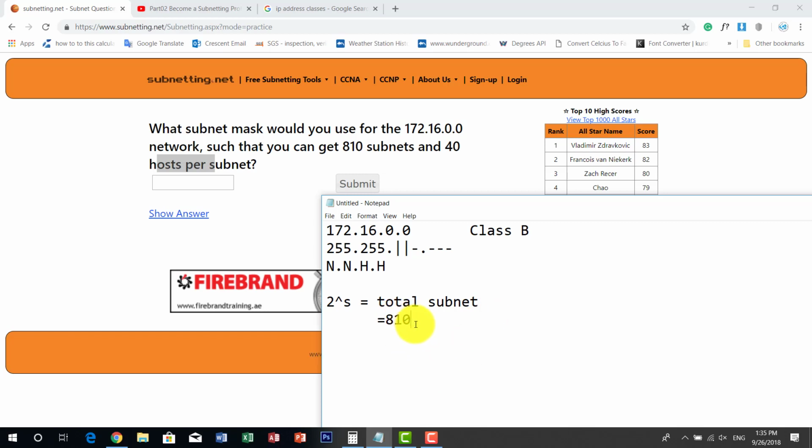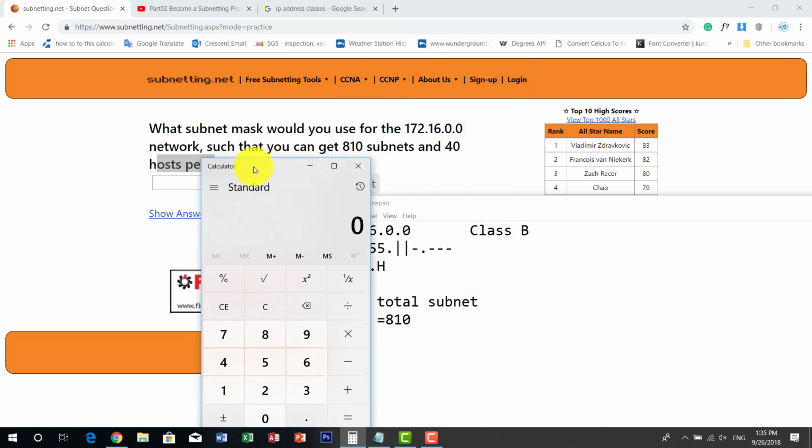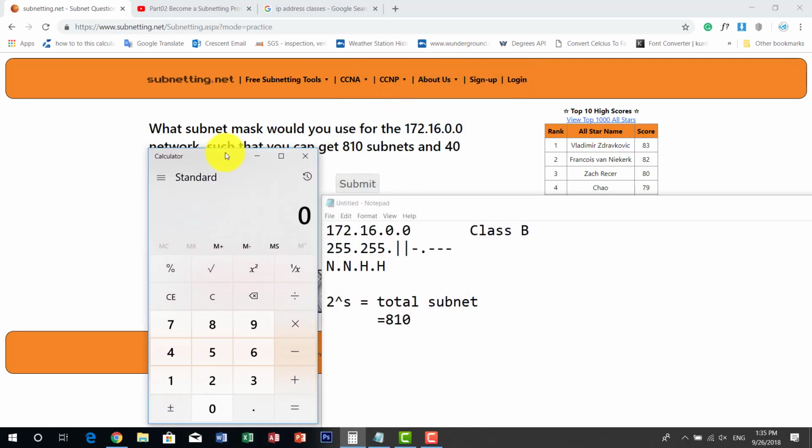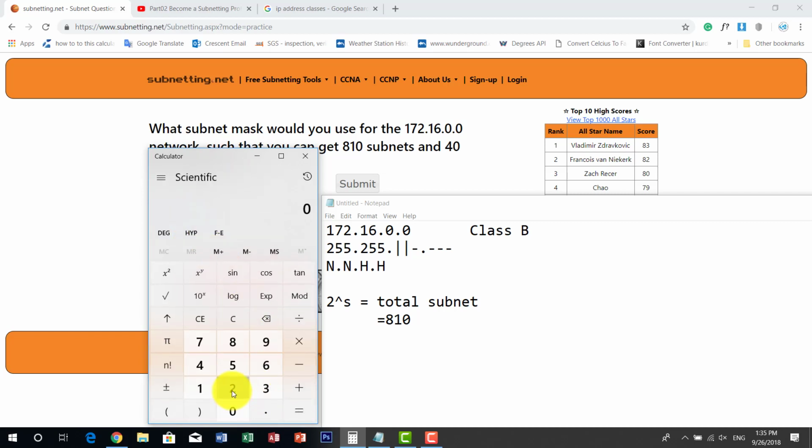We have to find 2 power something which is at least equal to 810 or more than this number. So I'll get the calculator in order to find that number. Change it to scientific calculator. 2 power, let's say 2 power